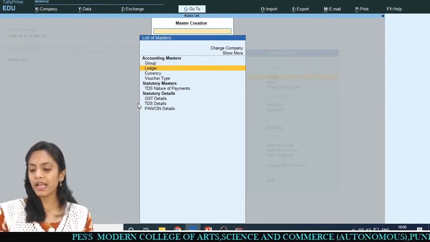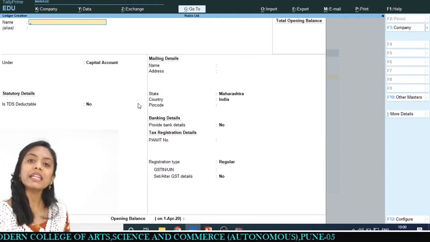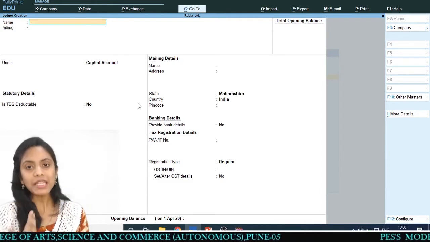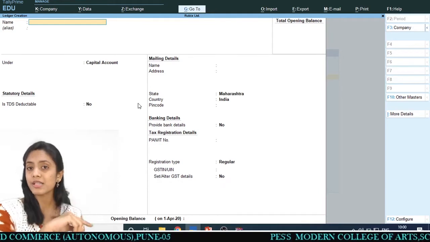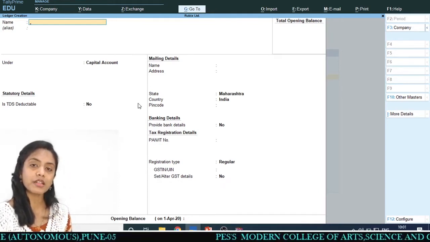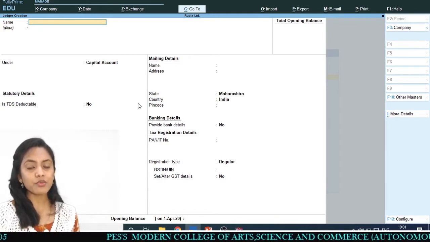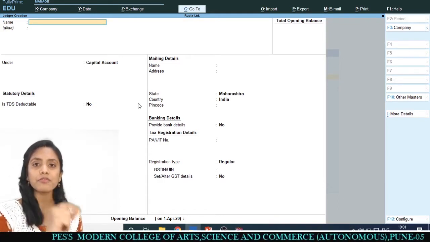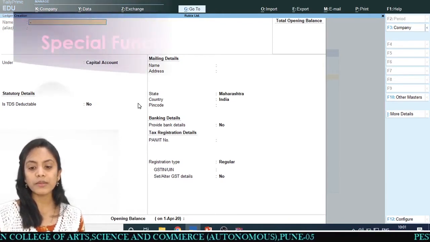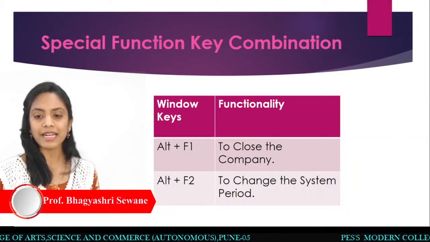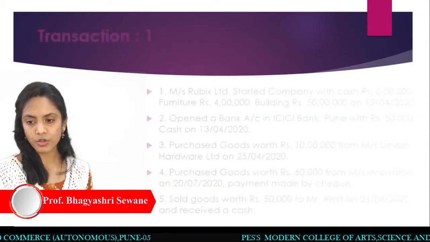Then I have to create some ledgers over here. Now you can see the window of ledgers, how many ledgers you want. For that purpose I have to see what my company, that is Rubix Limited, requires. If you remember the transaction of Rubix Limited, how many ledgers we require over there. So for that purpose we have to see the transactions, and one by one from the transactions we will create the ledgers. So we will go to the transaction, that is this thing. Where is our transaction? Yeah, you can see this transaction over here.